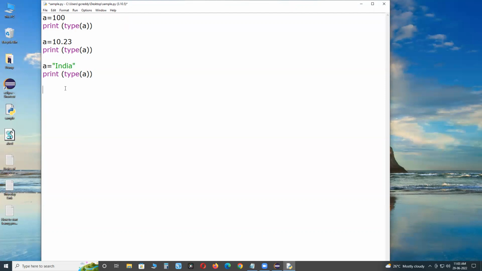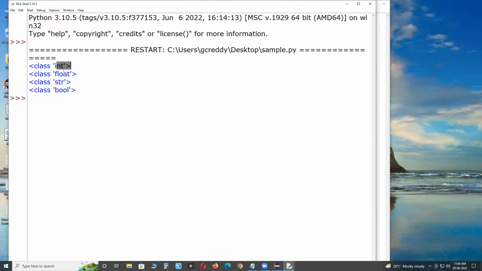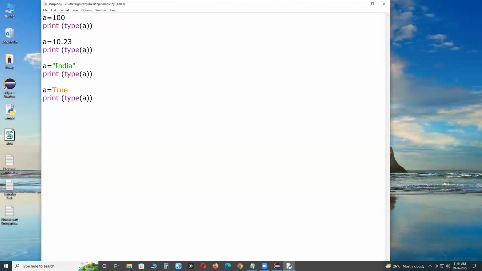Next, after some time, I am using a logical value, True. It is Boolean. I think the first one is int, the second one is float, the third one is string str, the fourth one is bool. Save, run module, observe int, float, str, bool. Implicit declaration of data types.